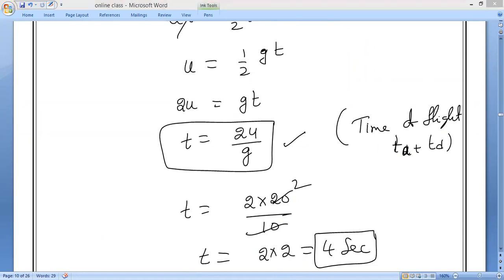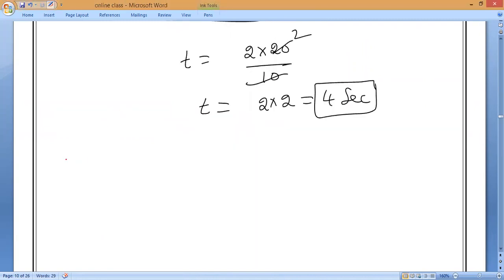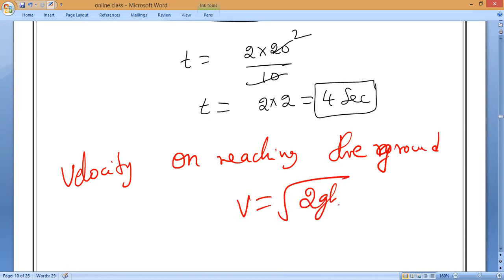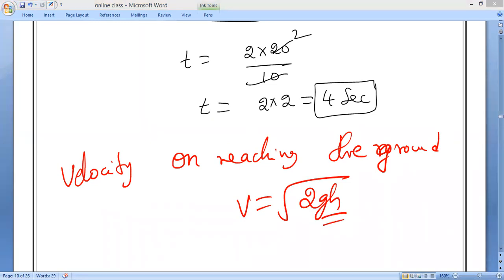As we know, velocity on reaching the ground. What is the formula? Next, we are going to discuss velocity on reaching the ground. Check the formula and tell me. I taught you already. V is velocity, equal to root of 2GH. Yes, ready? Formula, please. Kailash: 2GH root, sir. Yeah, V is equal to root of 2GH. Yes or no? Do you remember? Yes, sir.